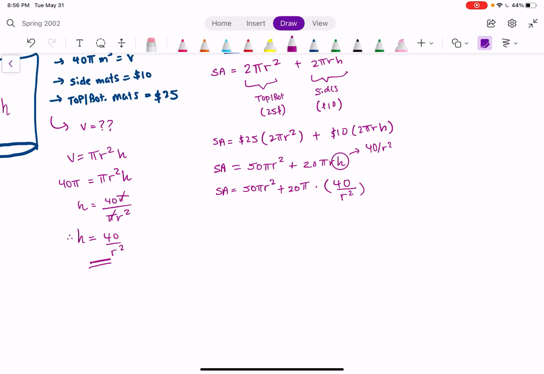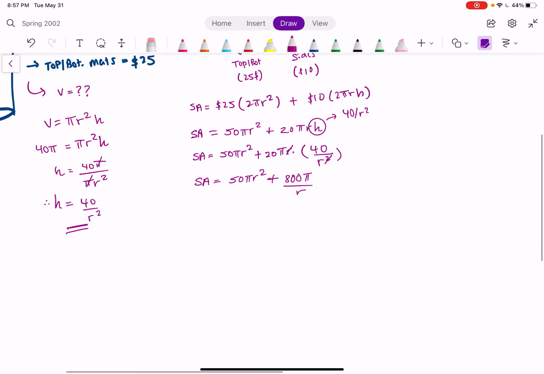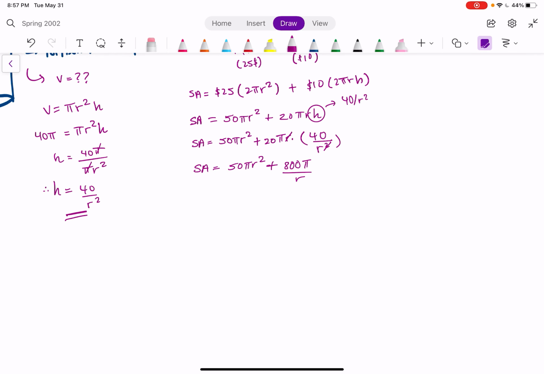Cool, right? So that's what we have. I'm sorry, we also have r here, so the r's cancel out right here. So 1r and then 1r here. So our new equation looks like this. Right? So it's not the prettiest, but that's what we have right now, and that's what we're going to work